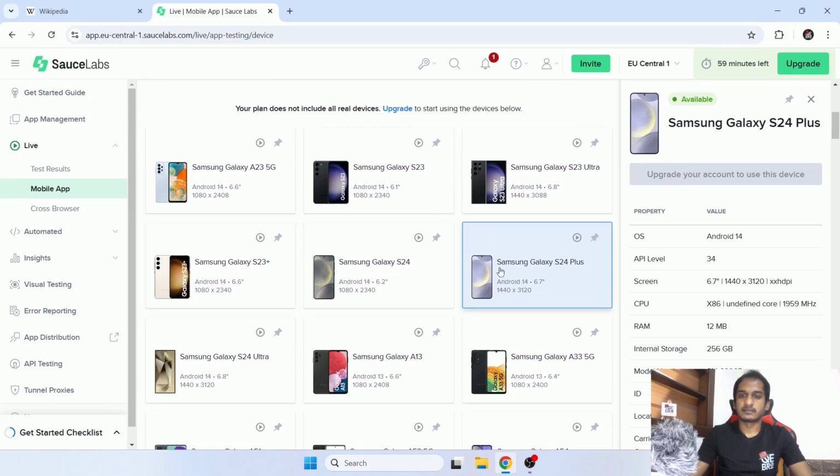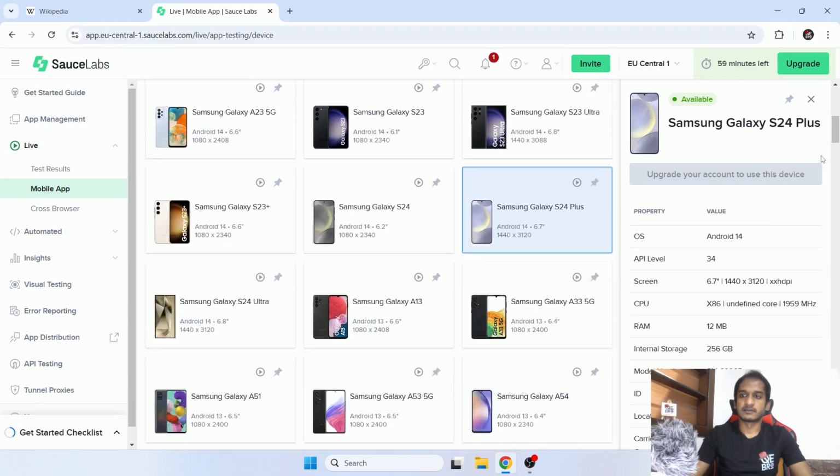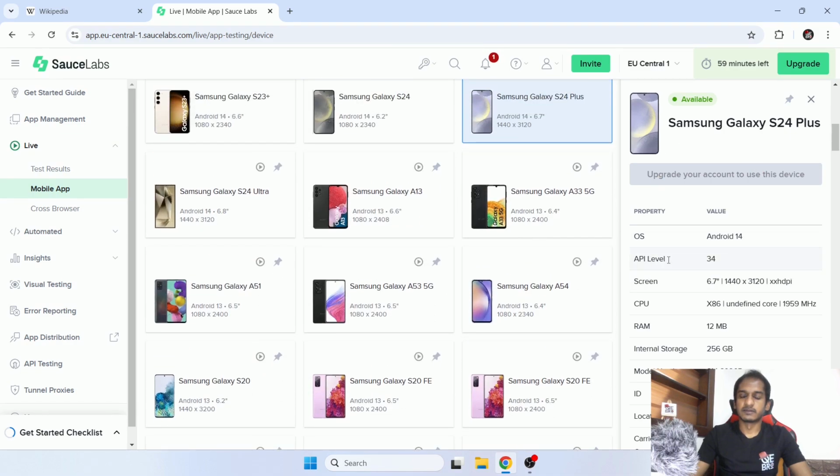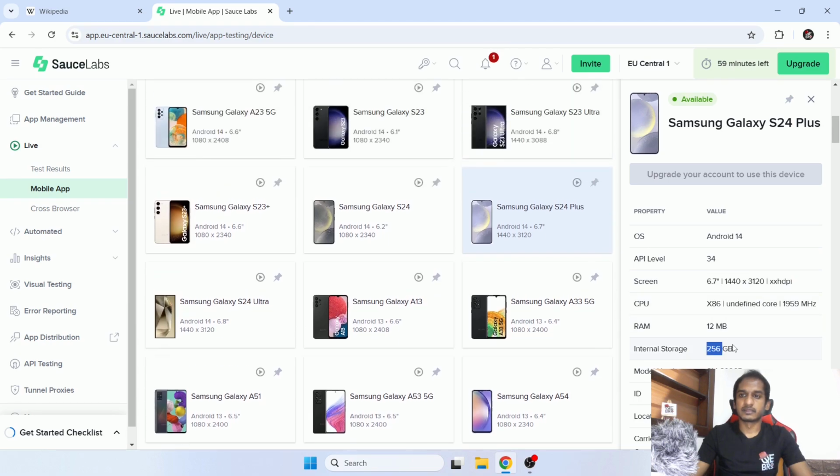When we select one of these devices, on the right panel a new panel opens. It has some properties and values specific to this particular device, like the screen resolution size, the CPU, RAM, internal storage. Likewise, those options are there. But since I'm using the free trial, I can't use this device. It says I need to upgrade. And also here you can see how many minutes are left for my license. It seems like for the free trial only 1 hour is given. So